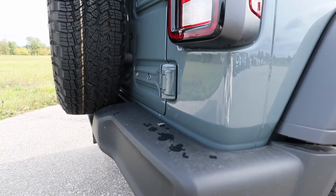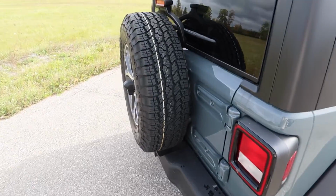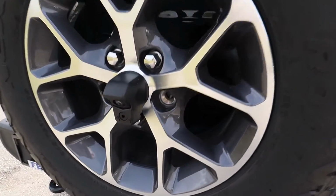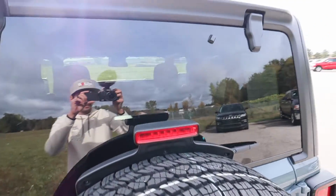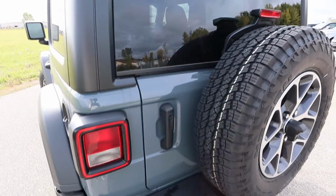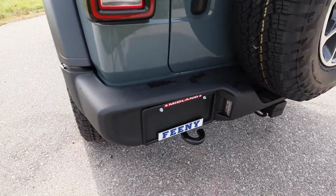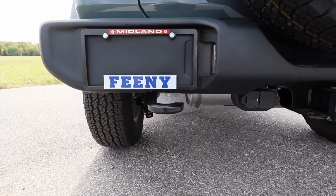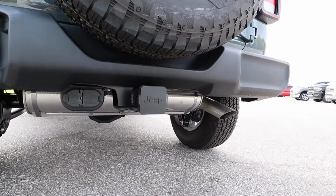All plastic, super simple. Nice set of LED taillights, your exposed hinges, and a full-size rear tire for the spare. You have your backup camera right in the center, an adjustable third brake light, hinges for that glass. You're also going to see your release handle back here, gas cap is on the left, and then another look at the plastic rear bumper. We have a tow hook on the left side, trailer hitch connections all throughout it,